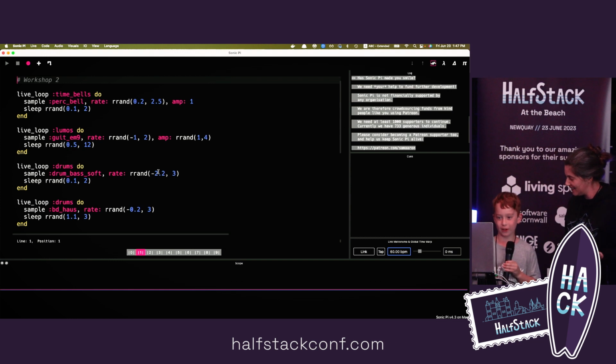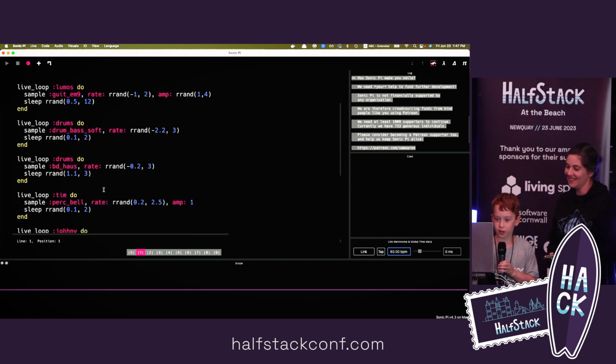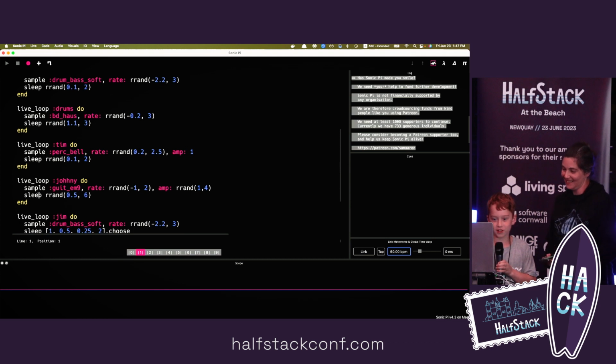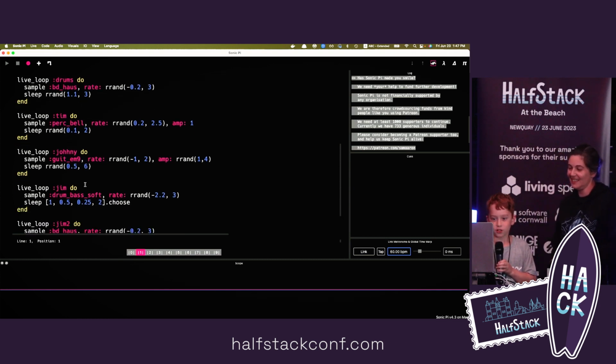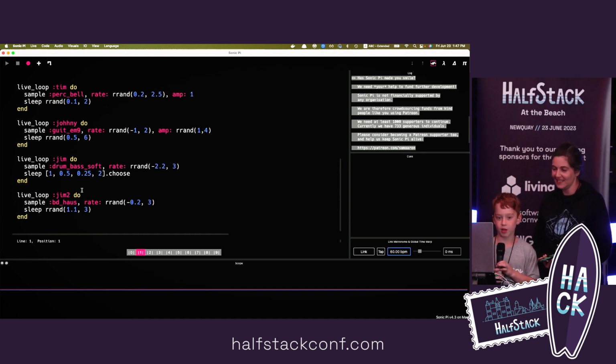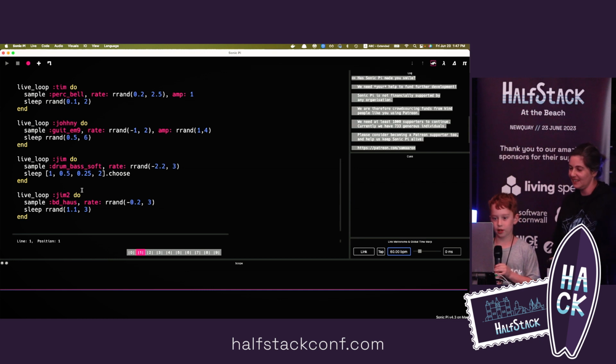But that didn't work out, so I had the idea of making band members. So we have Tim, it's bells. Johnny is guitars. Jim is drums, sounds kind of like drums. And that's what I tried to do. I tried to make the names sound like the instruments, except for Johnny.